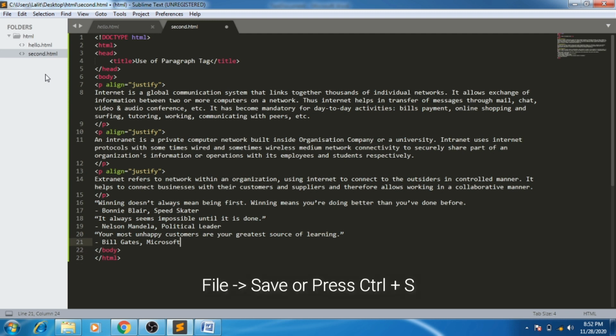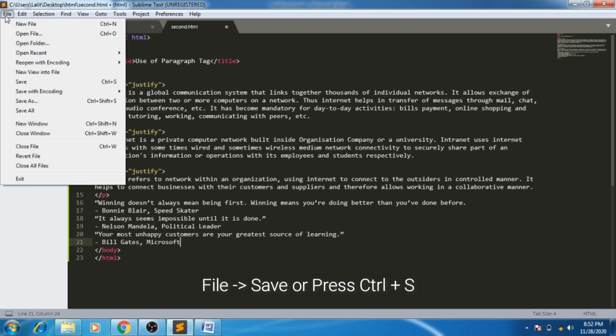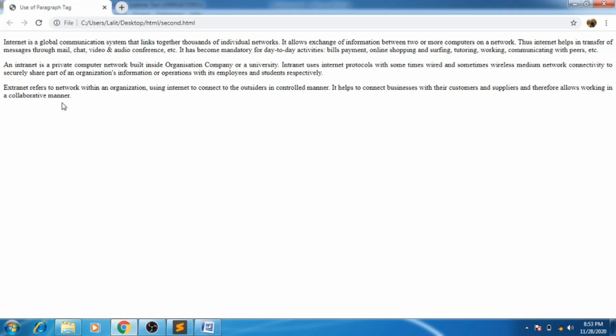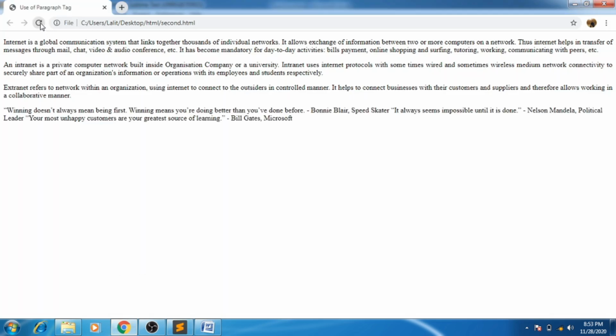Now save the file by pressing the Ctrl S shortcut key or the file save option. Now go to the browser and refresh it. What will happen?